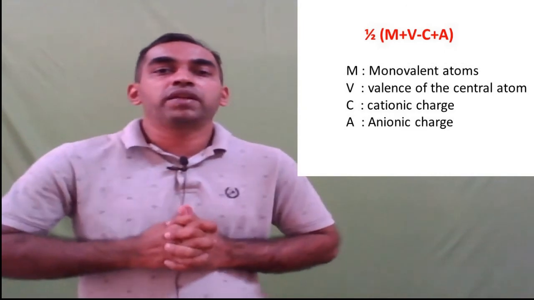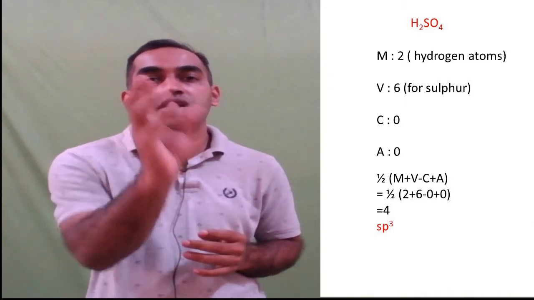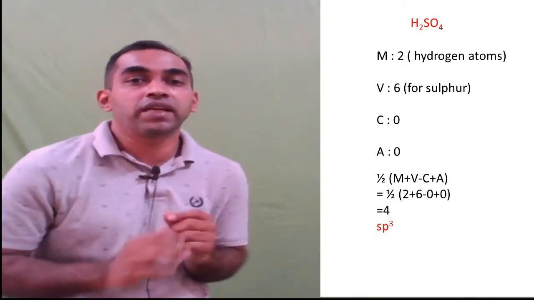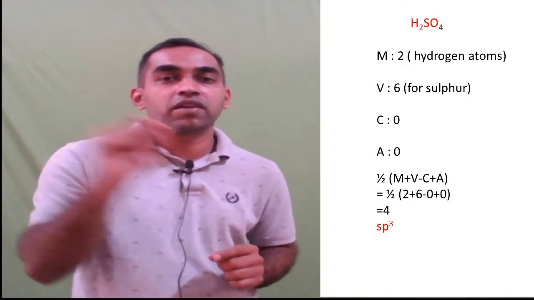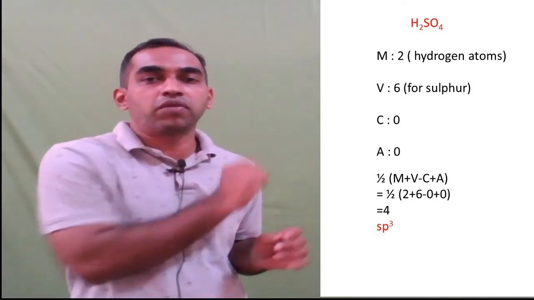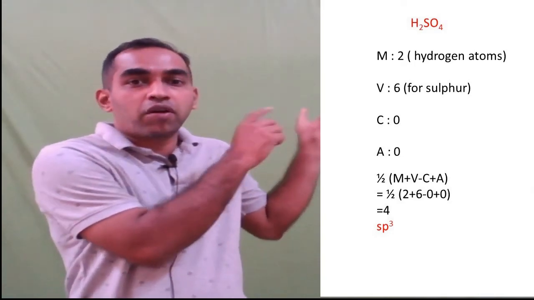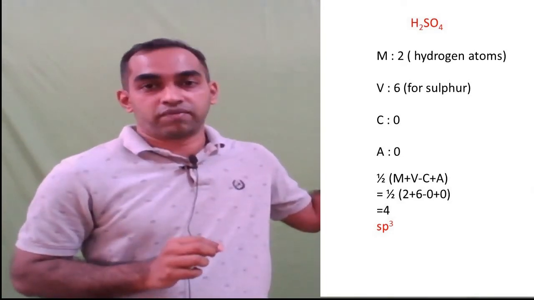We see the example H2SO4. Now what is the hybridization in H2SO4 if this is the question? Now you have to look for the central atom, that is sulfur. So what is the hybridization in sulfur? So how will you do this? You just apply this half into m plus v minus c plus a. Look for the number of monovalent atoms which are attached to sulfur, that is hydrogen,